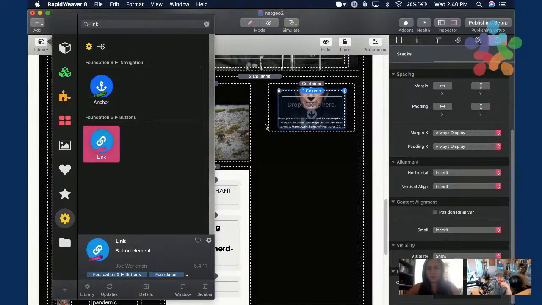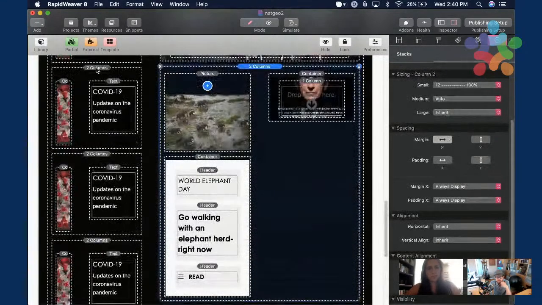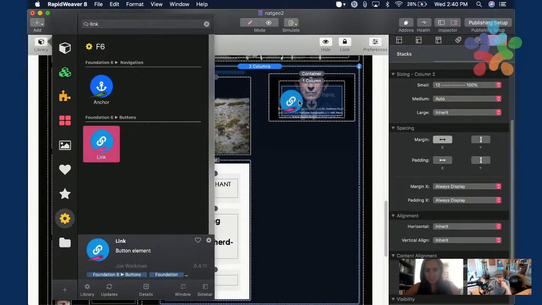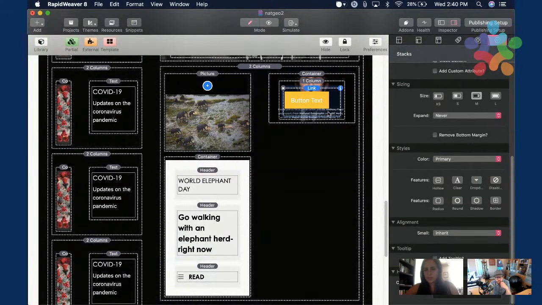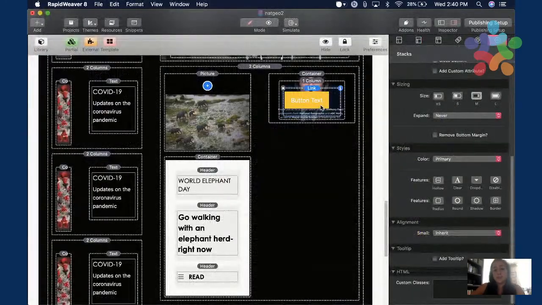Then the button, I will center it. It automatically is yellow, but the text color is white now.